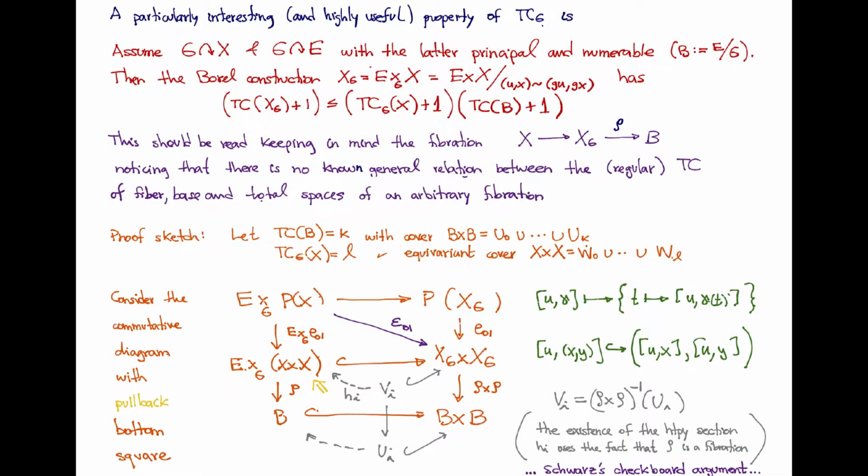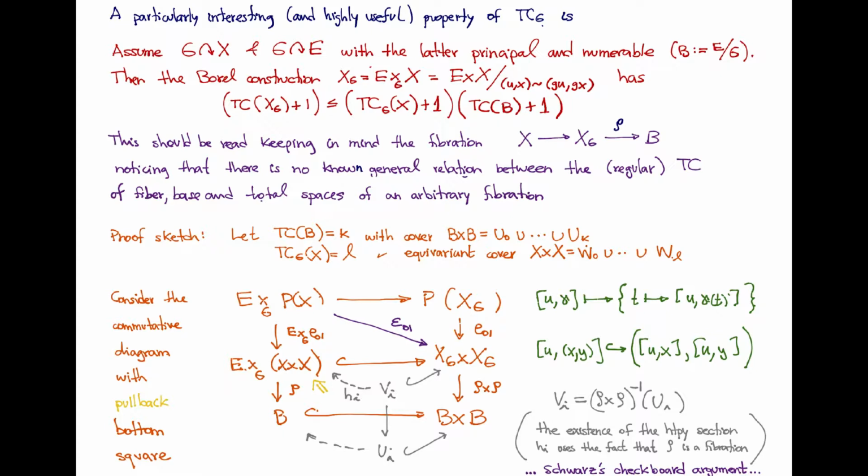I already said that the topological complexity of a Cartesian product is bounded from above by the sum of the topological complexities. And this invariant has a similar, although slightly weaker, property, namely, suppose you have a fibration. A Cartesian product is a particular case of a fibration. It's a trivial fibration, but suppose you have a fibration which comes from a principal fibration and with a